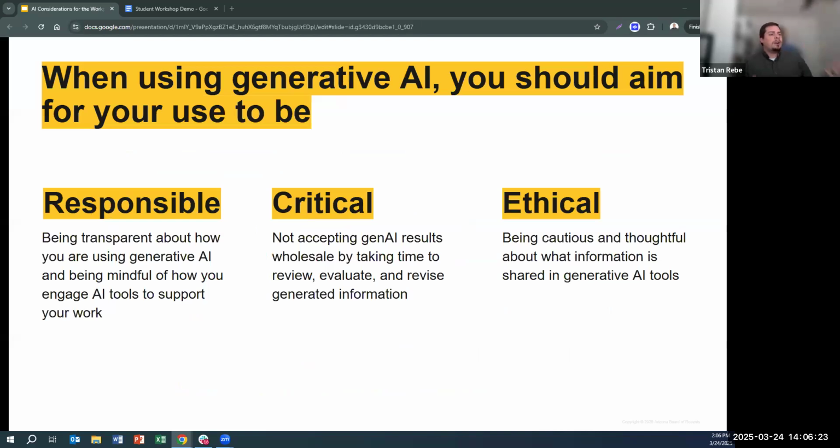On that note, though, when you are using generative AI, you should really aim for your use to be responsible, critical, and ethical. So first, responsible, being transparent about how you're using generative AI and mindful about how you're engaging the tools to support your work. Critical, meaning that you shouldn't be just accepting generative AI results wholesale, but taking time to review, evaluate, and revise